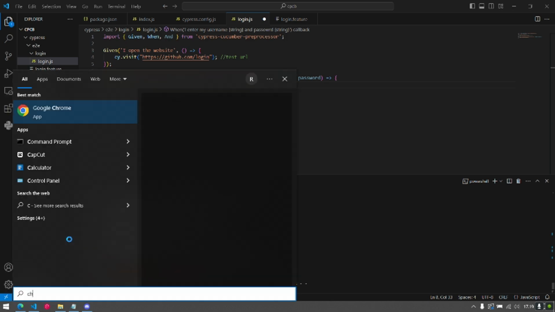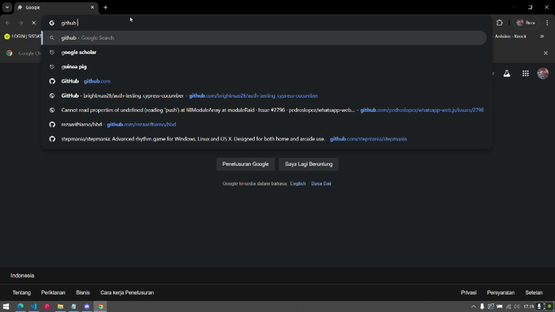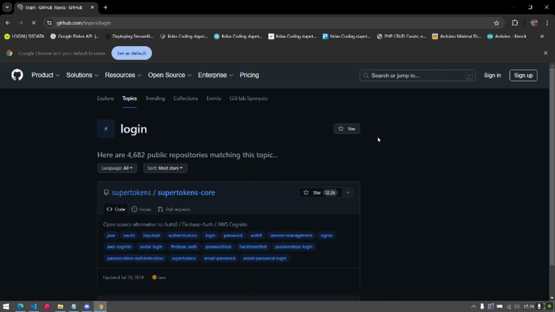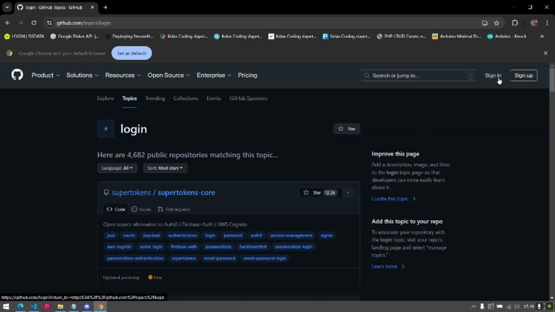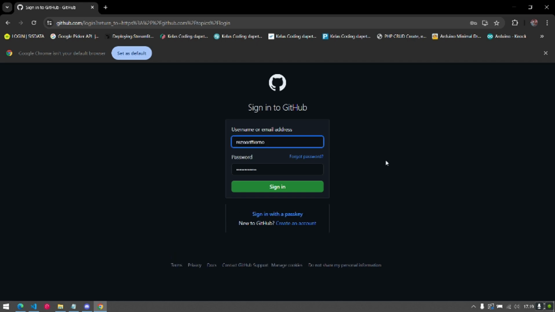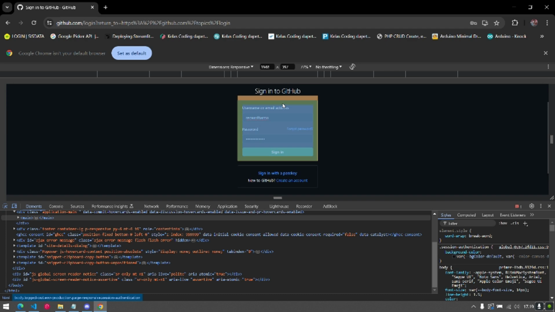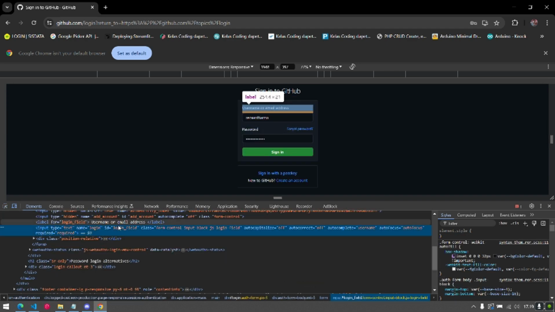we take a look at the GitHub login page. Okay, GitHub login. You can check first what the element is inside the GitHub login page by using inspect element. So you can check here.